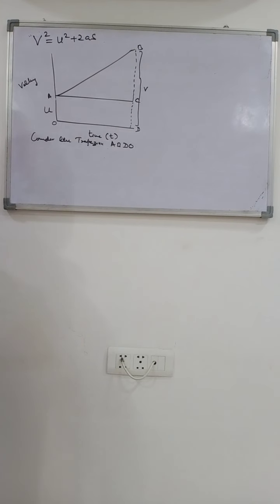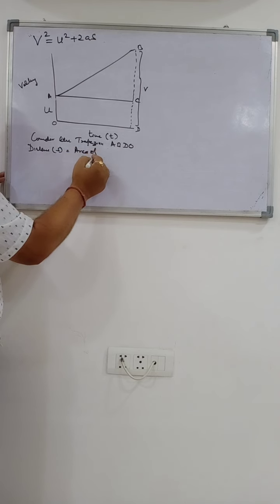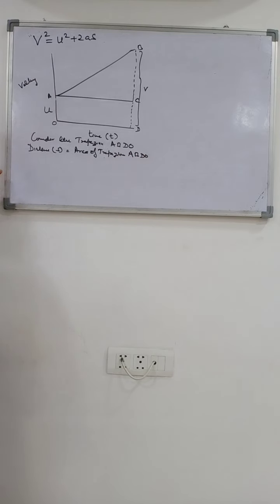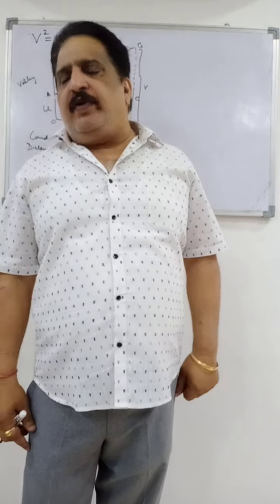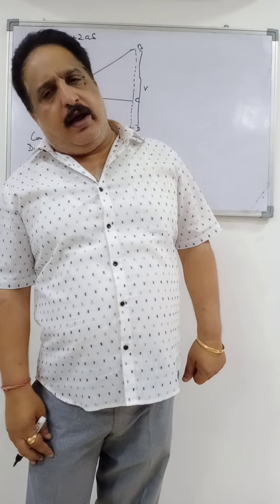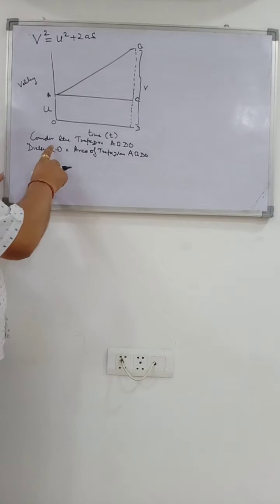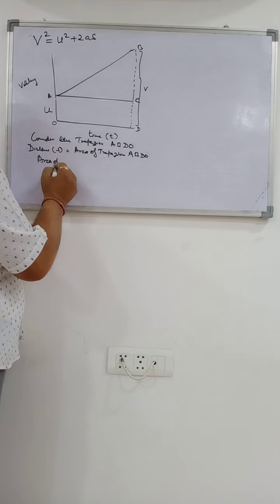This is the trapezium. Now, what is distance S equal to? Area of trapezium ABDO. You can take it as area of triangle plus rectangle also, same thing, because a trapezium is made up of a triangle and a rectangle. If you add them, it will become the area of trapezium. Okay, this is a new method I am telling you. This can be solved through trapezium also. Now, distance is equal to area of trapezium. What is area of trapezium equal to?